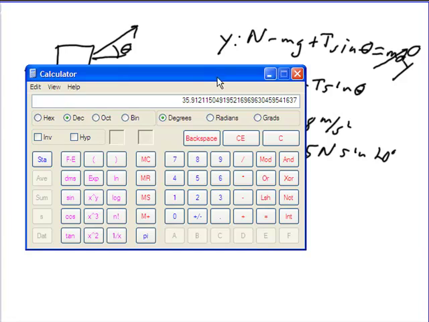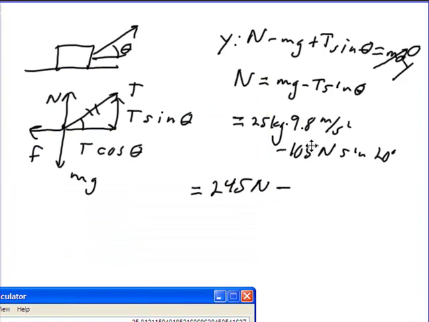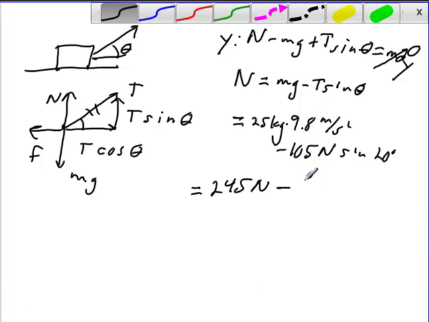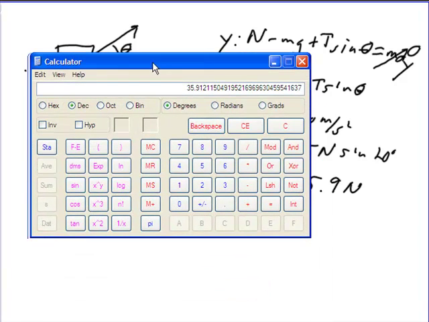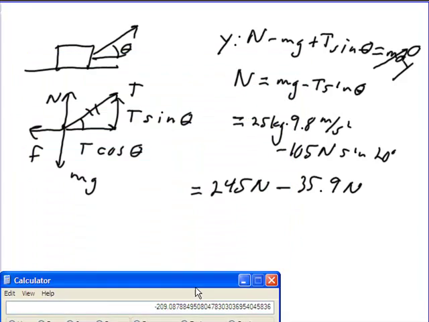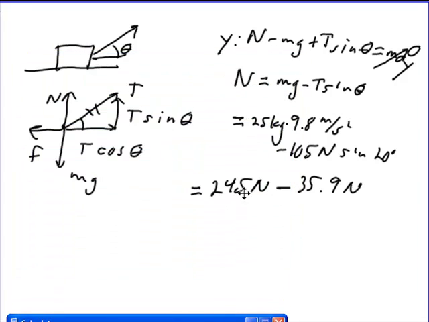That's 35.9. And that leaves me with 209.1 newtons. Really, I only have the significant figure to the ones point, so it's really just 209